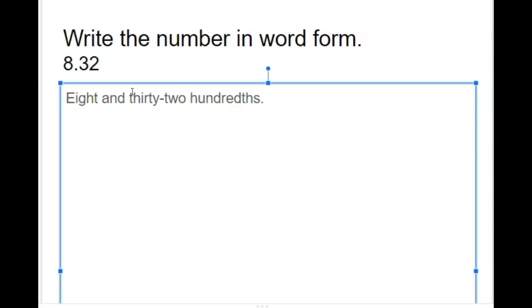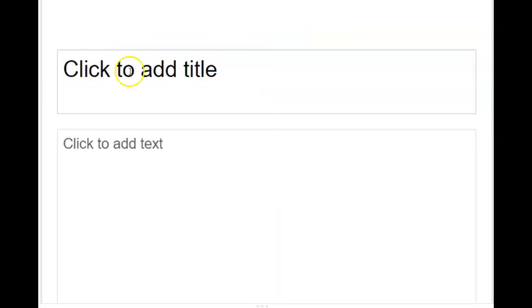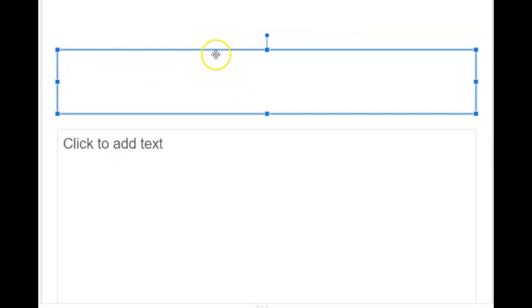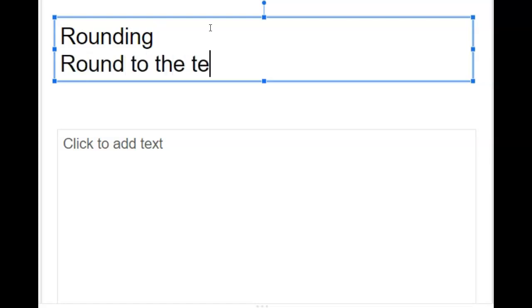That is writing in expanded form and word form. There is one more that I almost forgot that I wanted to go over, which is rounding. So let me quickly go ahead and go over that if you forgot about rounding. So if there's a problem that says, okay, round to the nearest, for example, the nearest tenth,